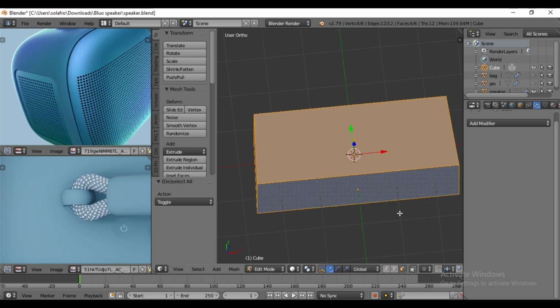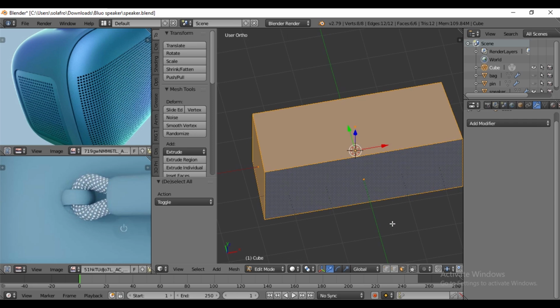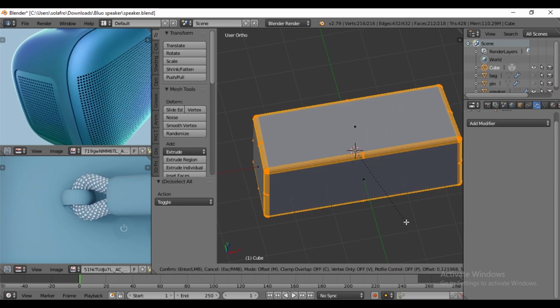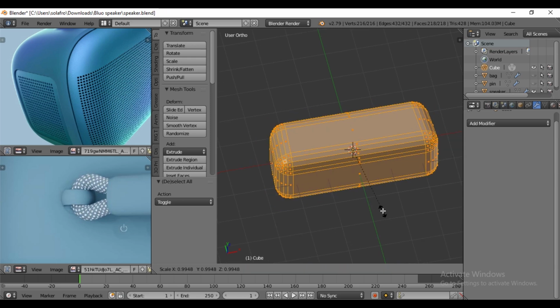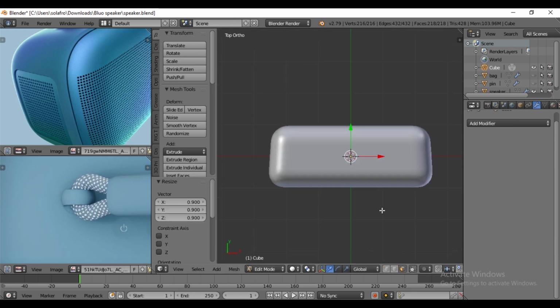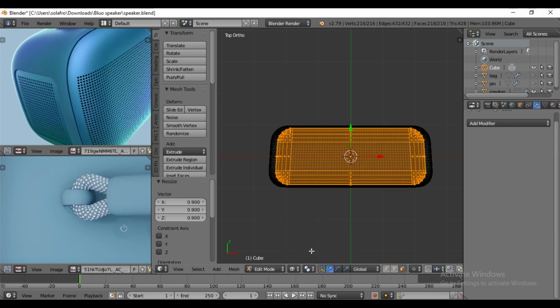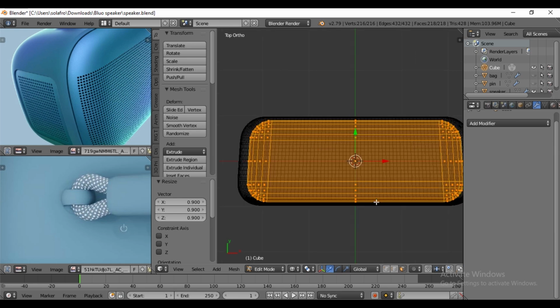Select all by pressing A. Then add a bevel by pressing Ctrl B, 0.5, with similar loops. Then by pressing the S key, scale 0.9. Pressing 7 for the top view, then scale by pressing the S key in the X-axis.